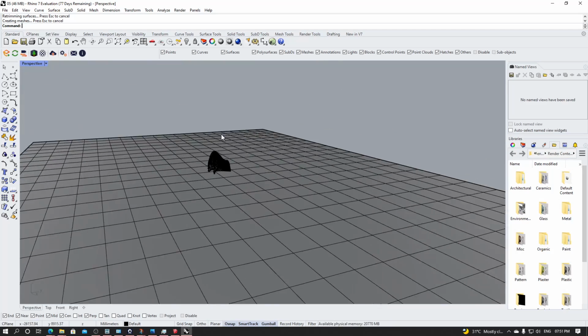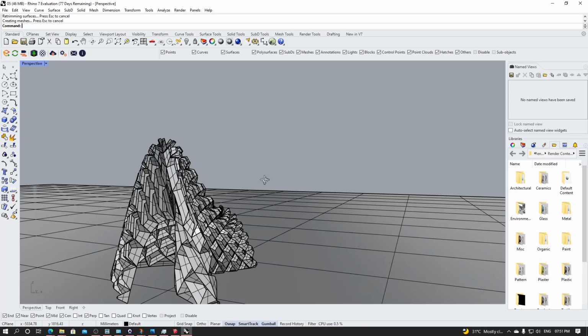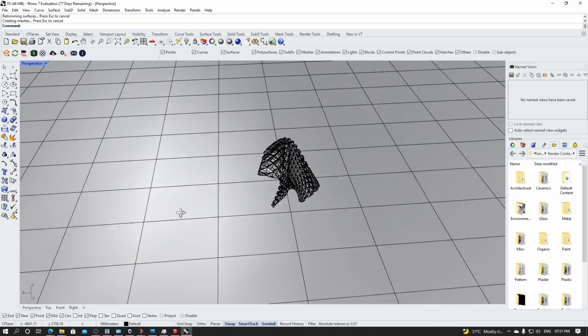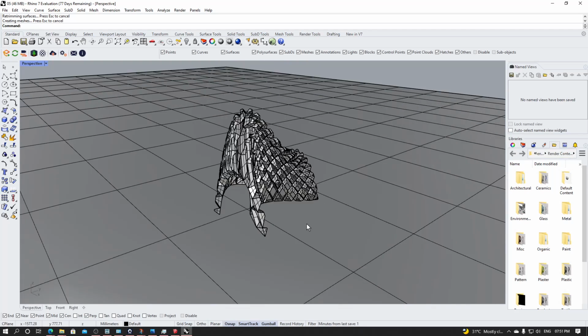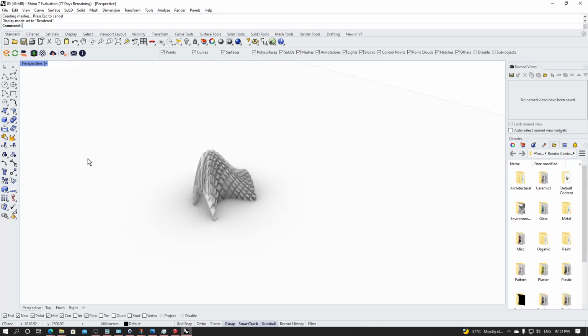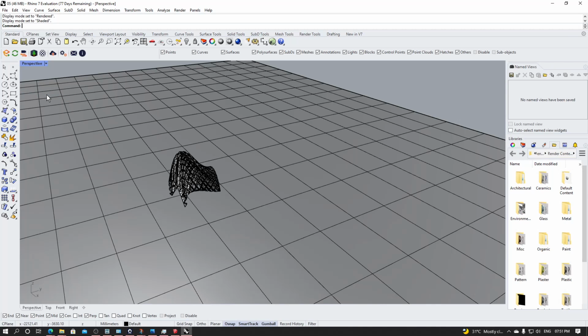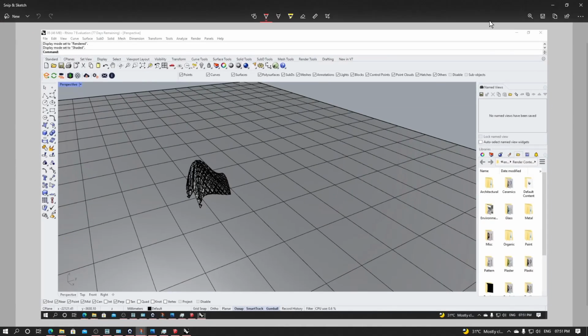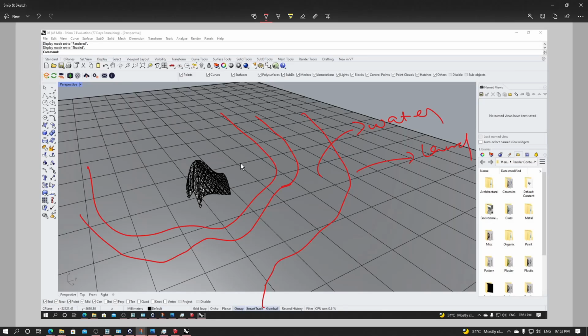First of all, we have to create the environment in Rhino itself, or else we can create it in SketchUp or some other things also. So what I'm gonna create, I'm just gonna sketch first of all to give some insight about what I'm gonna create. So I'm just gonna take a snip. I'm just gonna place it in a cliff like this, not a proper cliff. It can be a kind of contour kind of thing, and I'm just gonna apply some water over here, and there is a land. So the water can be